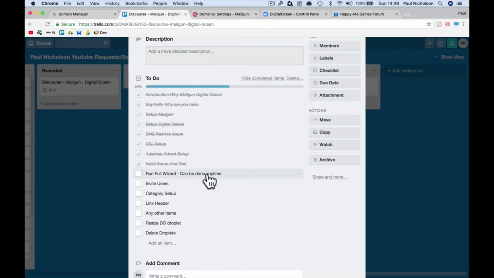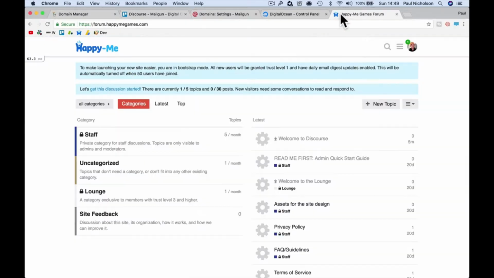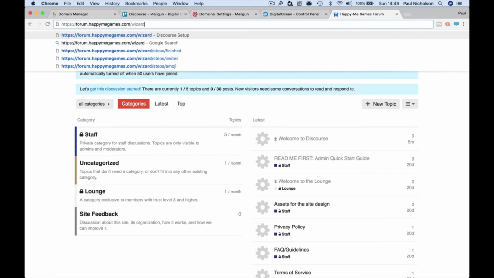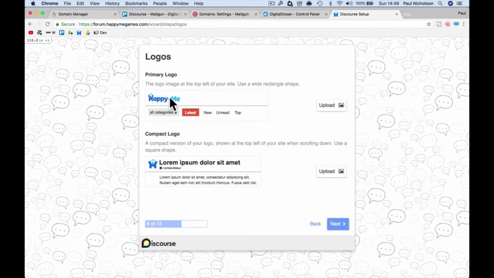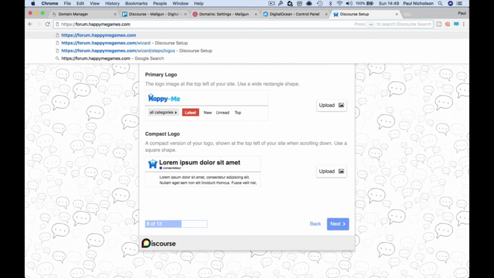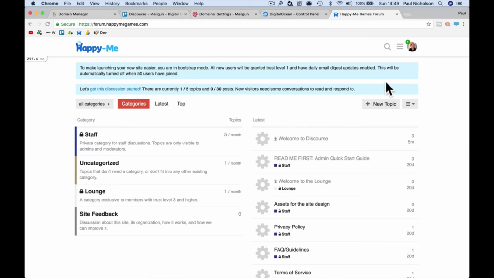So we're going to invite users. Oh, just to let you know that wizard, when you go upstairs to /wizard, you can do this at any time. And what you might want to do is go to wizard logos. If you want to change this image, it's easier to do it through the wizard than it is through the settings, because when you go to settings